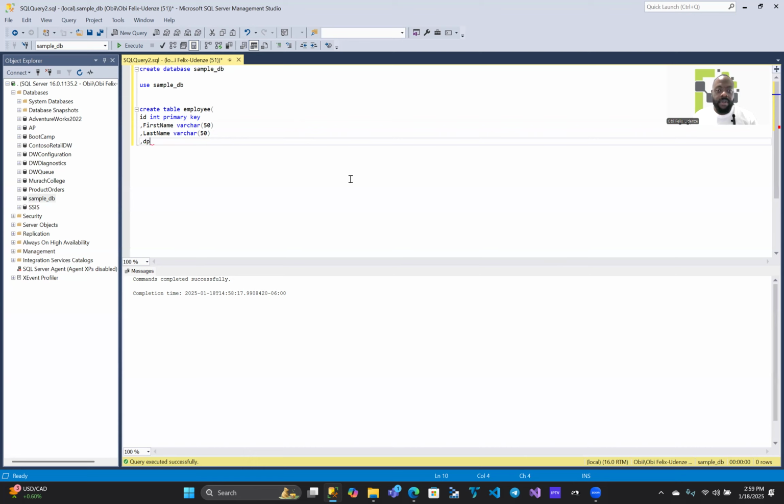Then we have department. For department, we can say varchar 20. And all this does is to say, hey, don't allow more than 20 characters in this particular column. So if I go ahead and run this,